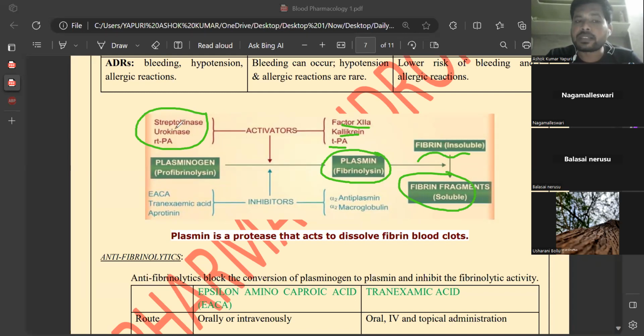And drugs like streptokinase and urokinase are the fibrinolytics or thrombolytics. They prevent clot formation, they prevent thrombi formation, they prevent embolus formation. But drugs like epsilon aminocaproic acid, EACA, tranexamic acid, and aprotinin